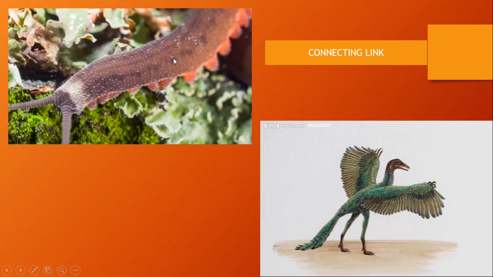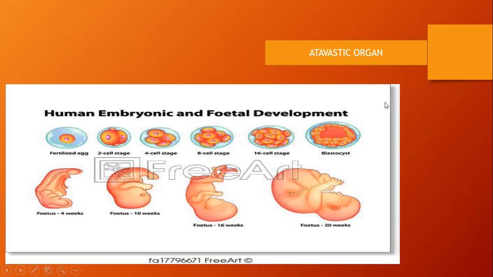Using such evidence, we say arthropods developed from annelids. Archaeopteryx is the connecting link between reptiles and birds, so birds developed from reptiles.